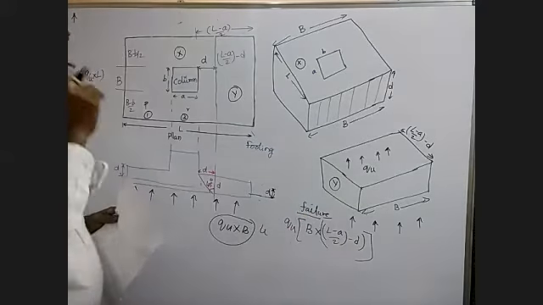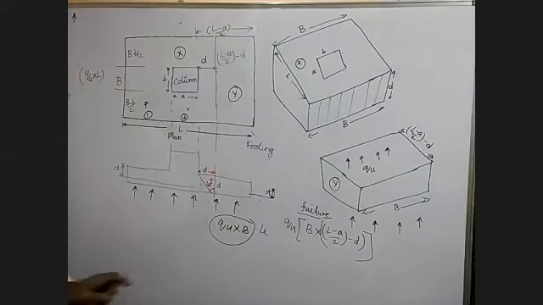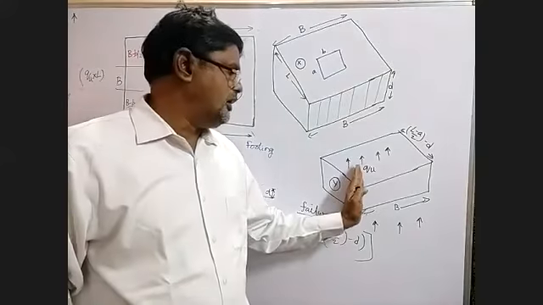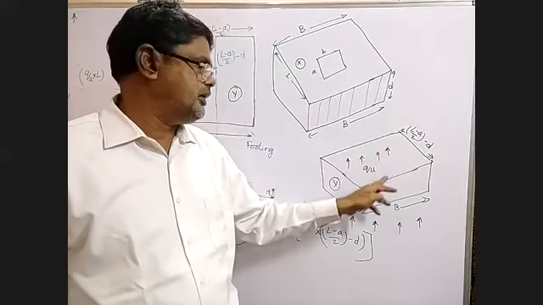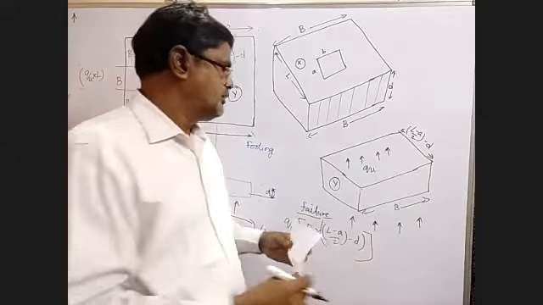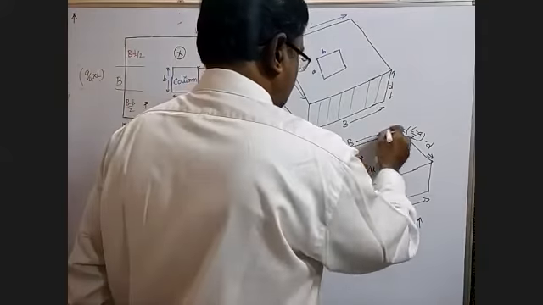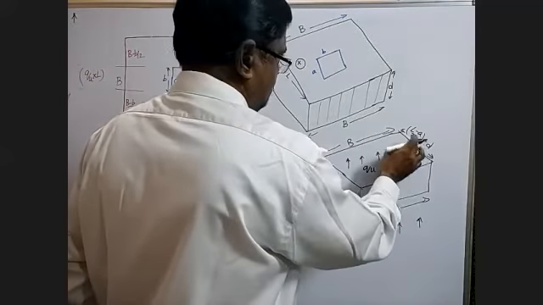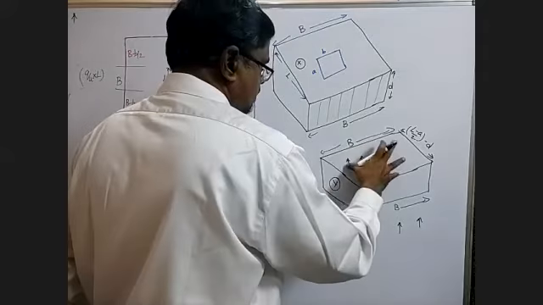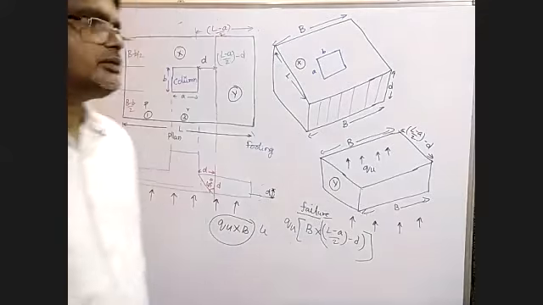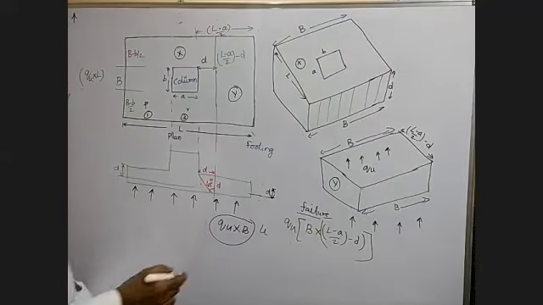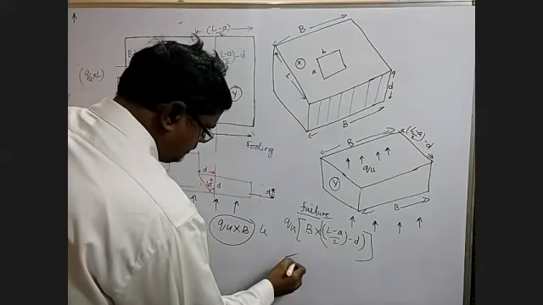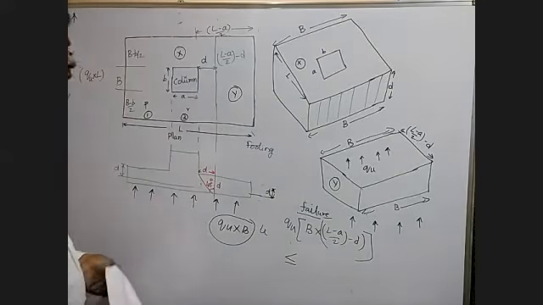There is an upward pressure from the soil here, and this area is B into L minus a by 2 minus d. The upward pressure in this area should be less than or equal to